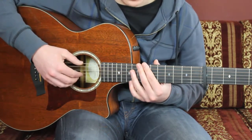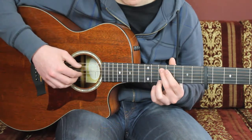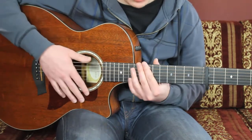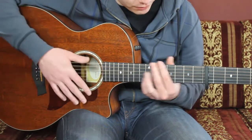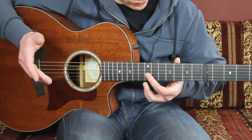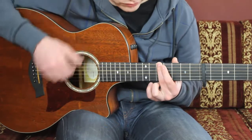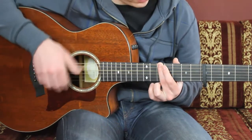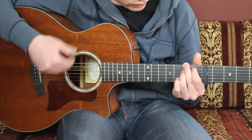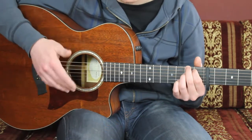Except some parts in the end where he's playing these variations in between, and that's just some random pattern he's playing there. I'm gonna show you. Alright, so what we have is the intro, the verse, and actually the chorus almost played on 5th and 2nd fret all the time through the song,